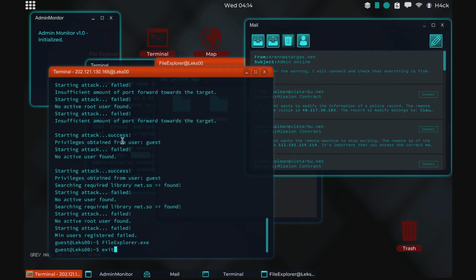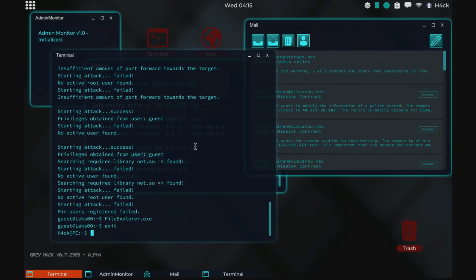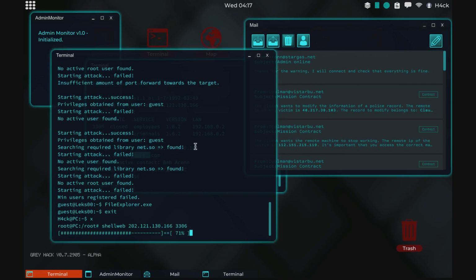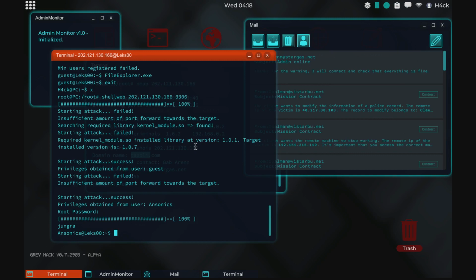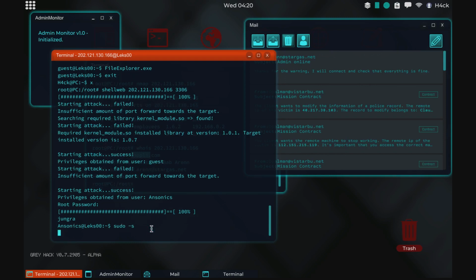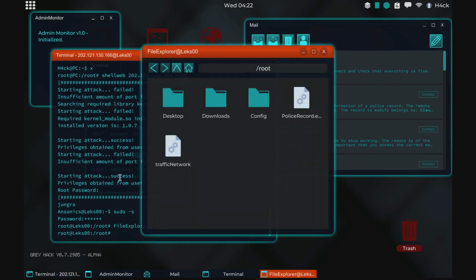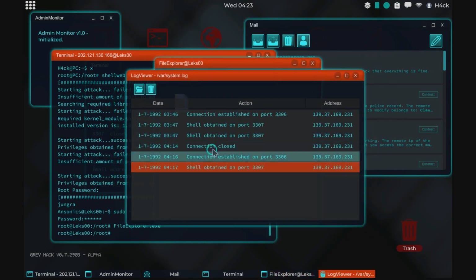and we will exit. Again, keep admin monitor open in case they start tracing. And now when we run this, it's going to find the root password, and we have guest access, and we don't even have guest access, we actually have user access, and we also have the root password. Got it. And we will go into system log, remove the